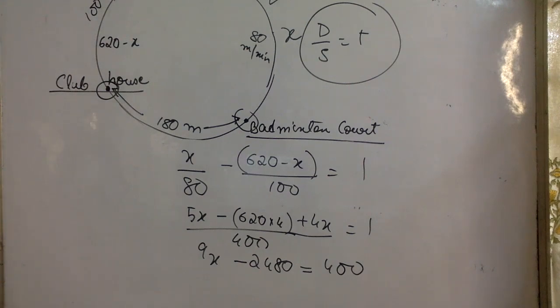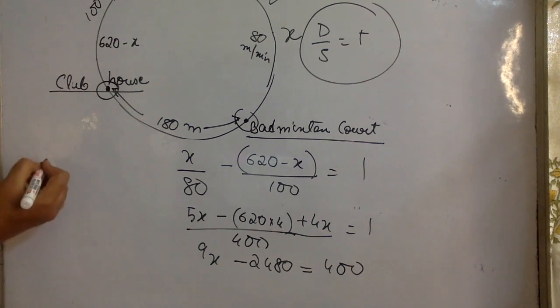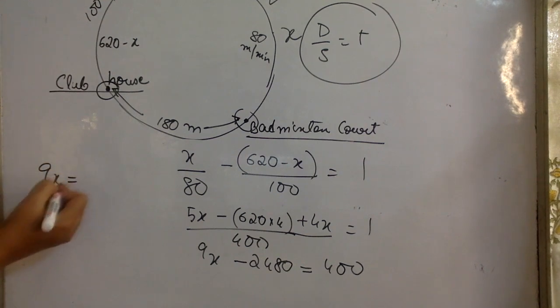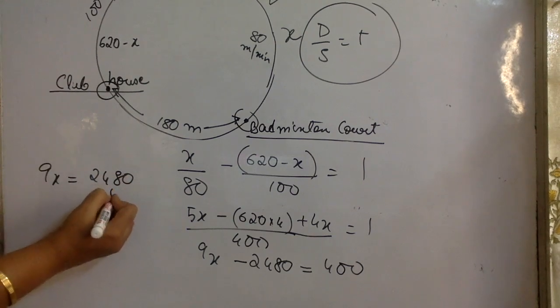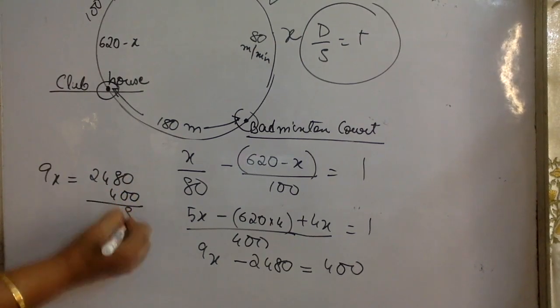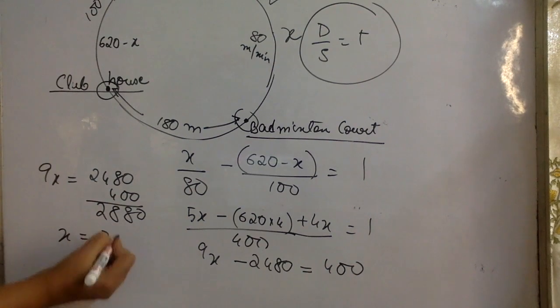So this equation is not even a quadratic equation, it is a complete linear equation. Let us complete the sum over here. So 9x becomes 2480 plus 400, that gives me how much? 2880. X is 2880